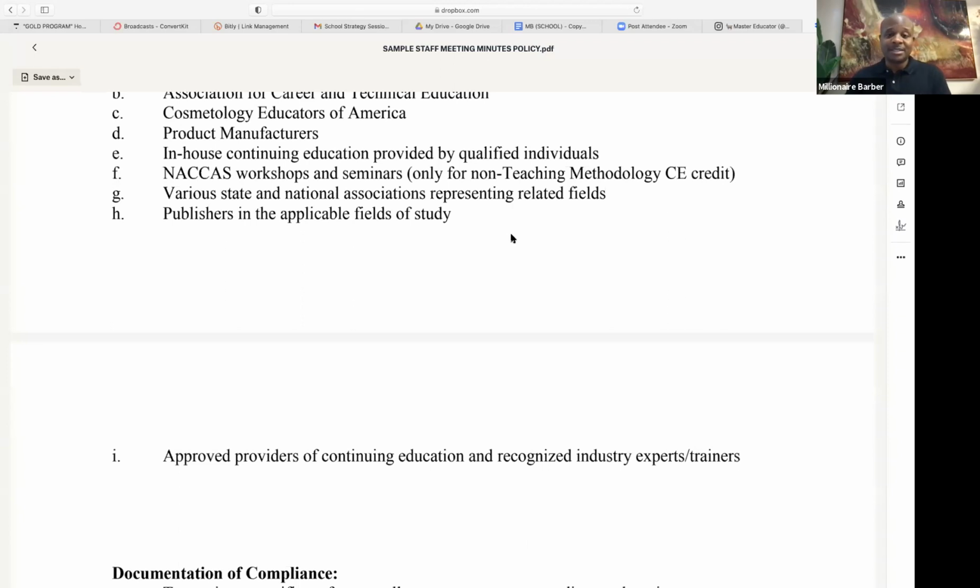So what our team has to do is type up some fake staff meetings. Is that right? No, it's not. But I worked with Miss Velma for a very long time. She was my mentor. And I saw all of these other schools get accredited, and I saw what they did and how they did it. You've got to have some staff meeting minutes. Oh, we didn't have any? Okay, don't worry about that. We had one